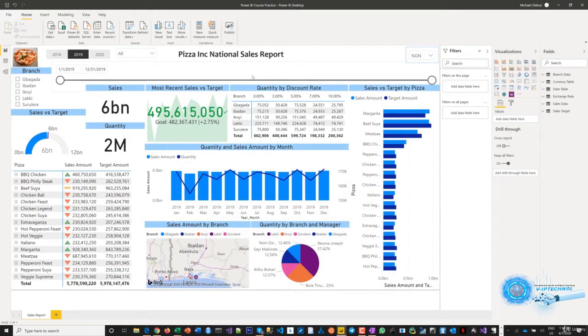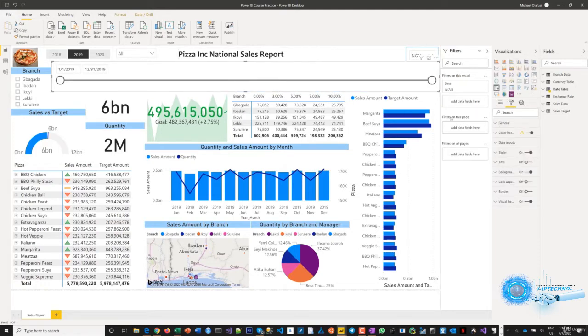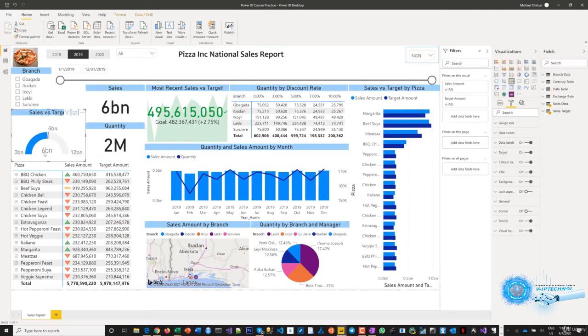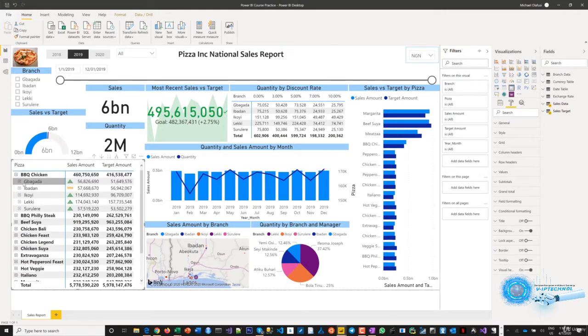And then I'm going to take you through how you create all of these. These are called visuals. So the different visuals, how you put a design, how you bring in an image as a logo, how you create a title for your report, and then the different slicers, the different transformations, changing, we'll be touching a whole lot of the different settings in Power BI, how you create a target against actual, and set it such that whenever something happens, which I'll show you how, you get an email, how you create also a table that has all of these that can be expanded, so you can see the sales by branch